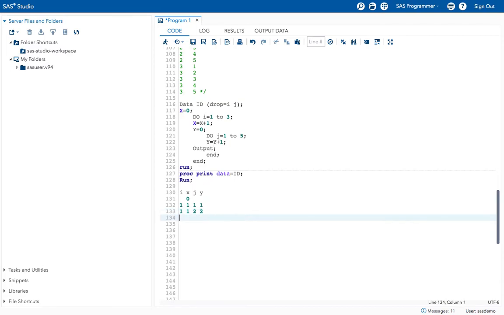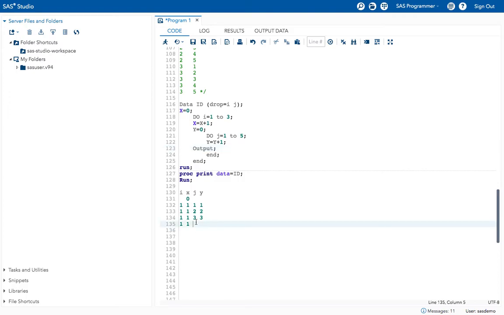Now these two remain the same. Now it came again here, do J equal to 3. It is in the third iteration now. The last previous value of Y is 2, right? So 2 plus 1 is 3. Like this in the nesting do loop, it finishes whatever iterations it has and goes back to the main do loop, and it completes the iterations and cycles like that.